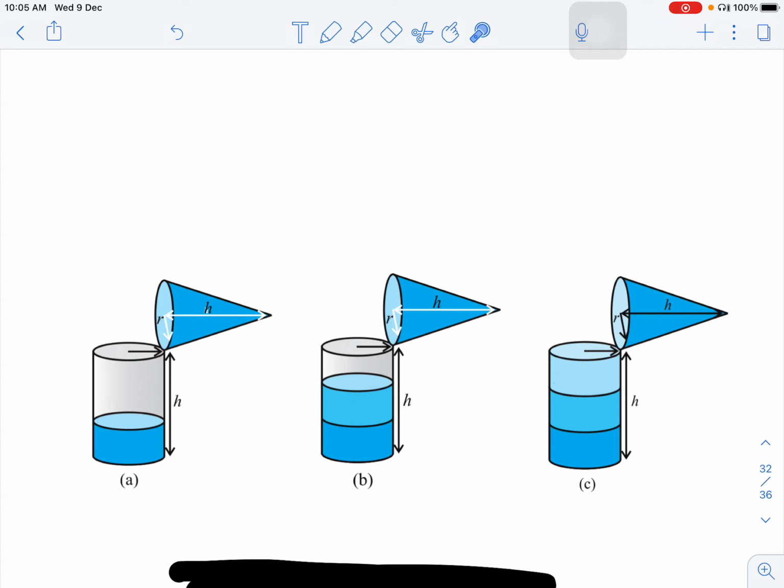From this we come to know that to fill one cylinder with a cone of the same radius and the same height, we have to pour water into the cylinder 3 times. It means that the volume of a cylinder and the volume of a cone are related in such a way that the volume of a cone is one third the volume of a cylinder. In other words, we can say that